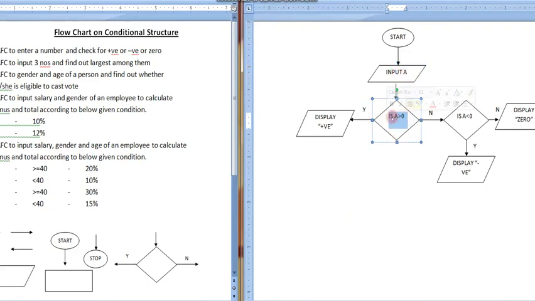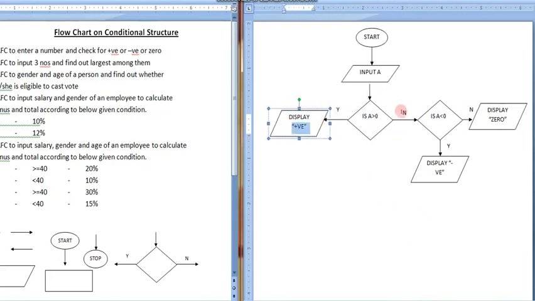If it is greater than 0, it goes to the right side, that is the yes side, and it prints positive. On the no side, no means it is either negative or 0. So again we need to check, is it negative? If yes, then it is displaying negative. No means neither negative nor positive, so we are simply displaying 0 here. Fine.